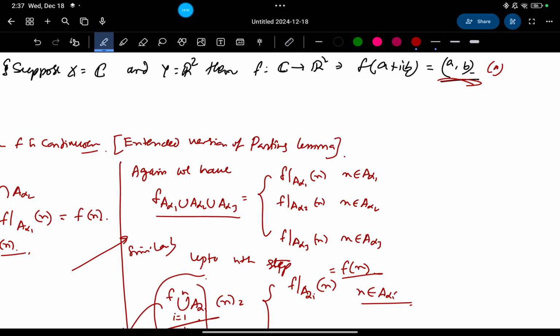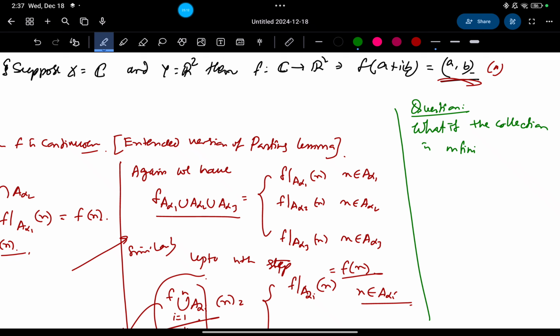But the question is, what about if the collection is infinite? So maybe countable or